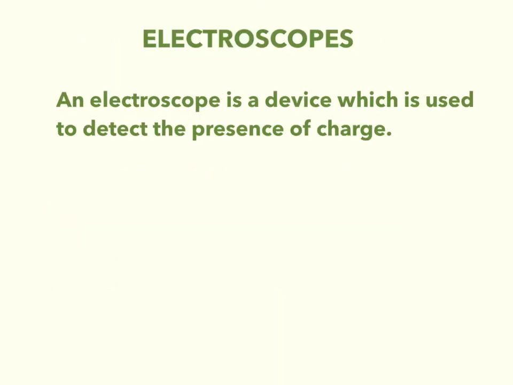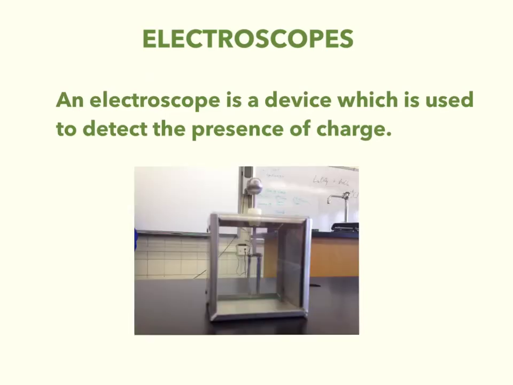Now, an electroscope is a device that we use to detect the presence of charge. You're going to be using an electroscope as part of an activity. So let me show you what they look like. Now, an electroscope is this box right here,